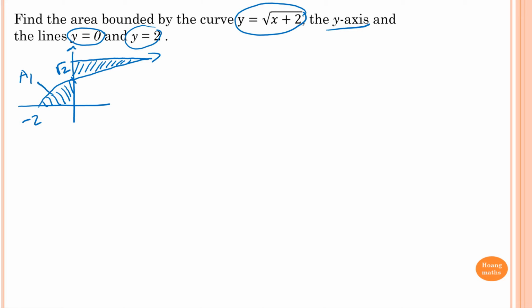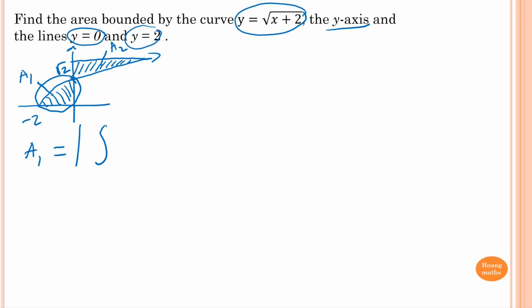We find area 1 and then area 2, and add them together. Because area 1 is on the left side of the y-axis, it would give a negative number. So area 1, A1, equals the absolute value of